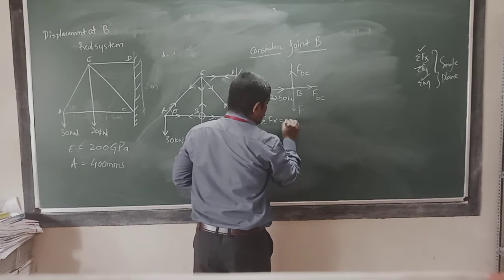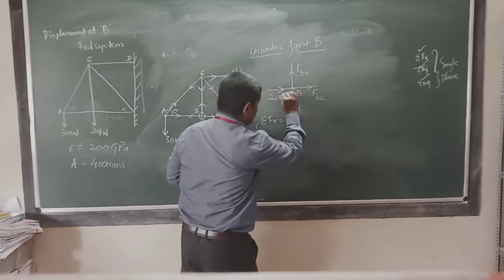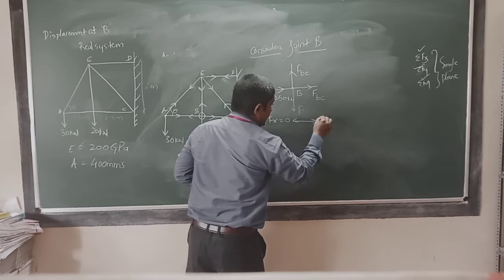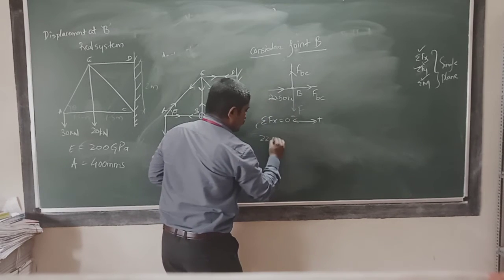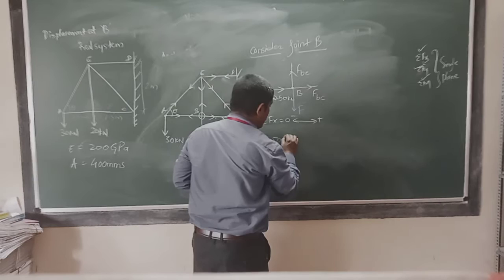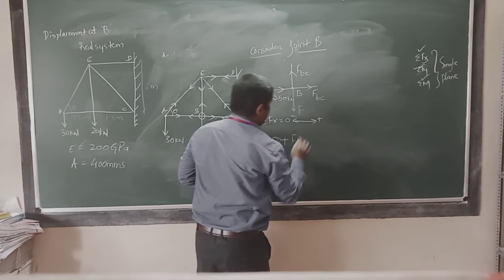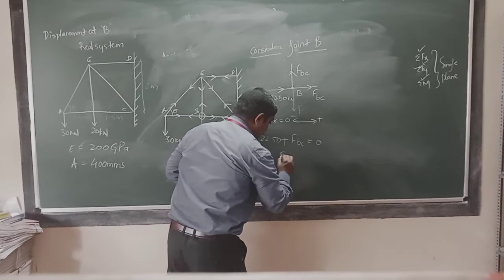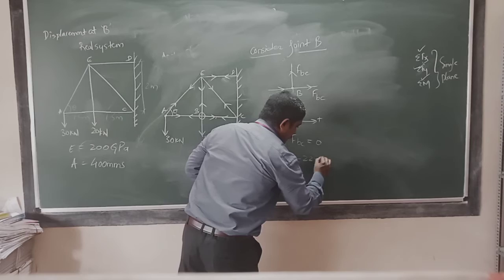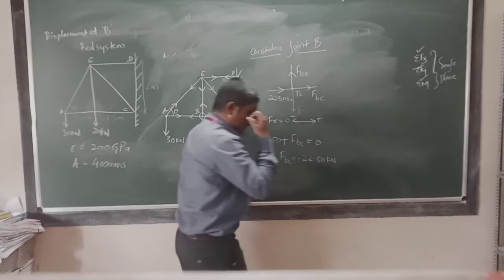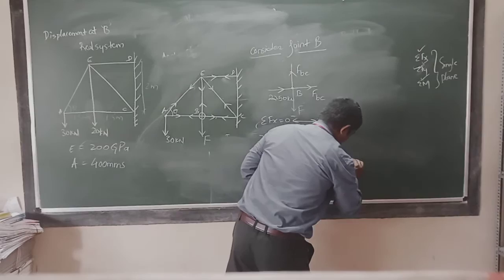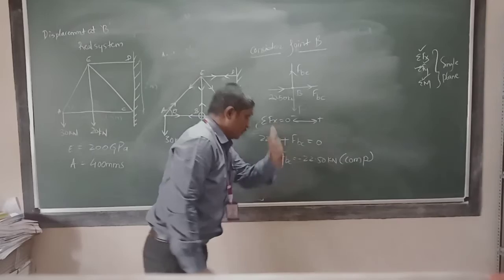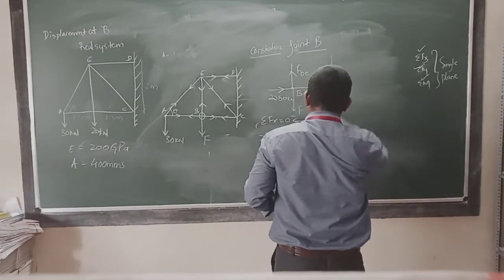Summation of Fx is equal to 0. Which all forces are there? You see. This 22.50, it is in right side direction, it is positive, left it is negative. So 22.50 positive because it is in right hand side direction, plus FBC. Any other horizontal force is there? No, you can keep it to 0. FBC you will get it as minus 22.50 kilonewton. Again you are getting the minus answer, means it is what? Compression. Negative answer we are getting, it is in compression.